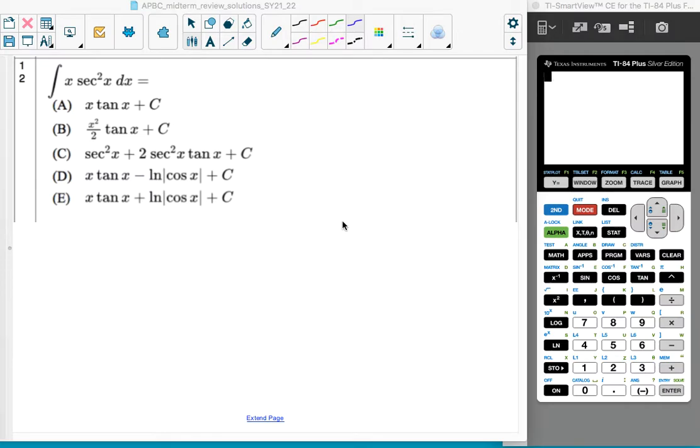All right, this is AP BC Calculus. We are doing midterm review, and this is multiple choice 12, which is the last of the non-calculator. So I am asked to do the integral of x secant squared x dx, and I'm hoping when you look